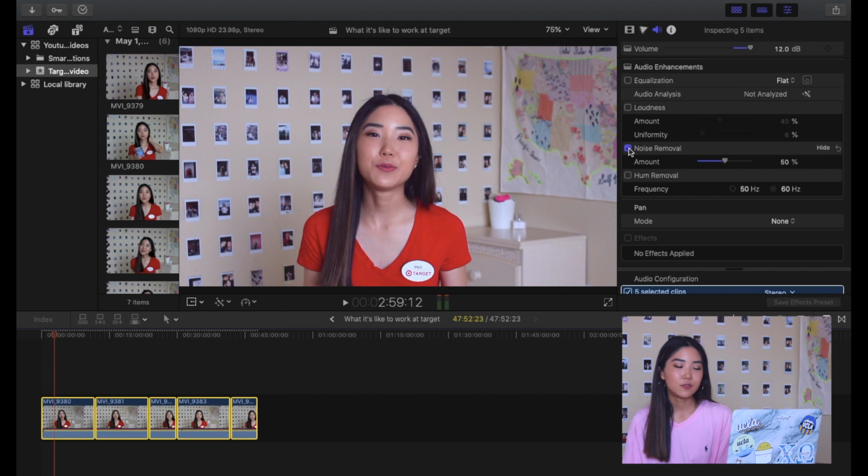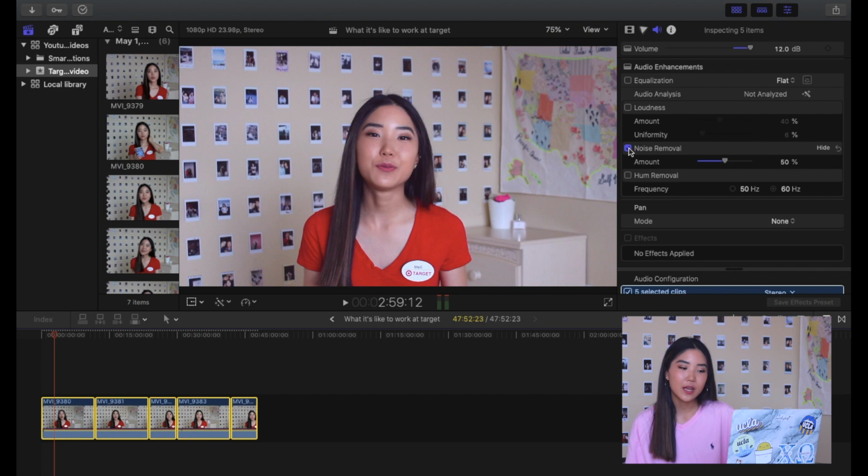This tool is really helpful for eliminating any background noise, so the kind of like muffly, static white noise. I would just say make sure you go through and listen to the clips and make sure that it's the audio you want, because when I first started making my YouTube videos, I would turn the noise removal up to 100%, and while that removed the background noise, it also really affected the pitch of my voice, and I really didn't like it. So over time, I realized that 50% was kind of like the perfect happy medium. So yeah, I'll just apply the 50% of noise removal,